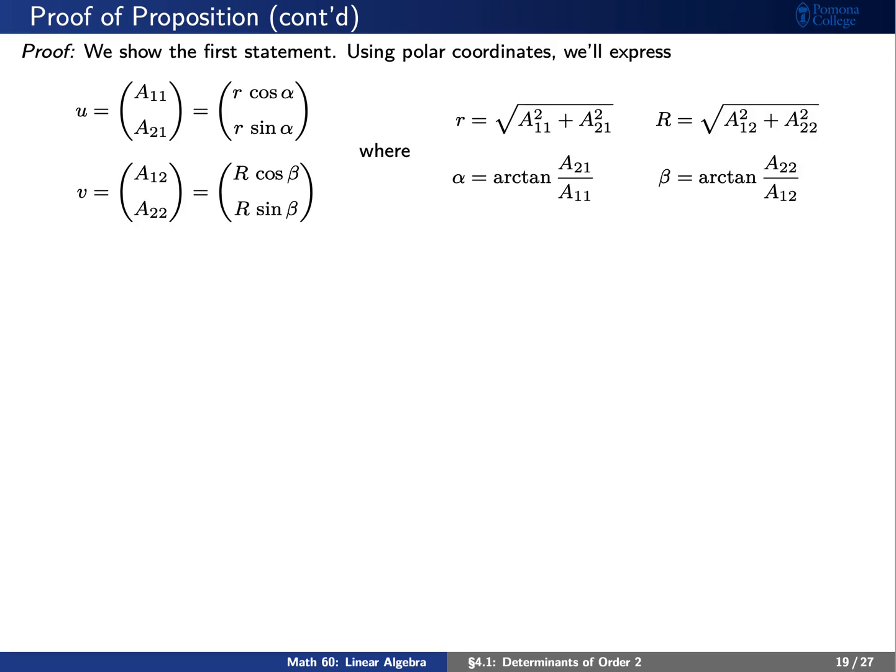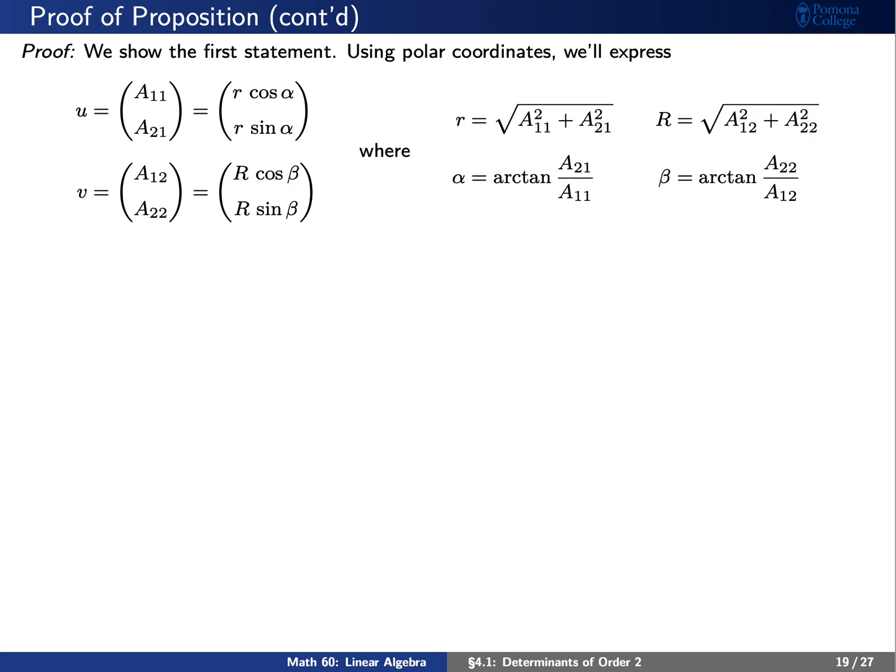So let's try to prove the first statement. To this end, we'll express everything using polar coordinates. That is, we have lowercase r, which is the length of the vector u, and capital R, which is the length of the vector v. Alpha is just the angle that the vector u makes, and beta is the angle that the vector v makes. Of course, if beta and alpha are angles, then the angle in between the two vectors, the angle theta, is